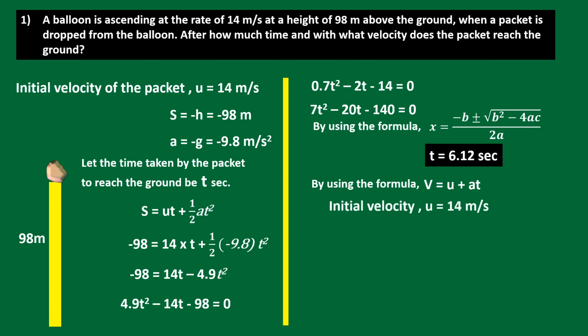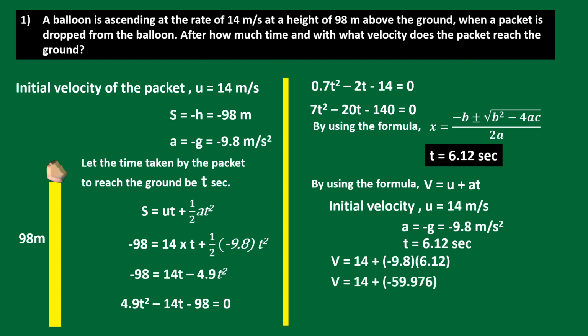Initial velocity u is equal to 14 meters per second. a is equal to minus g, that is equal to minus 9.8 meters per second square, and time we have calculated as 6.12 seconds. So if we substitute these values in the formula, we get v is equal to 14 plus minus 9.8 into 6.12. v is equal to 14 plus or minus 59.976. So finally we get v is equal to minus 45.976, which is equal to